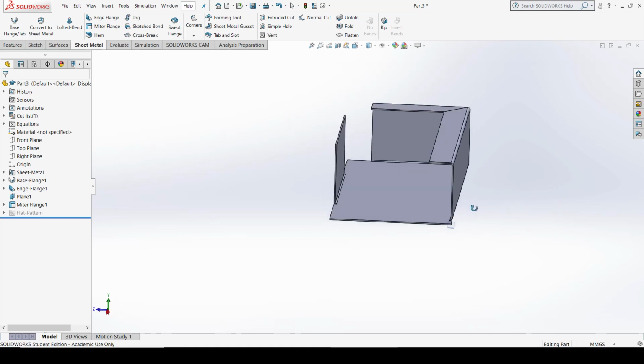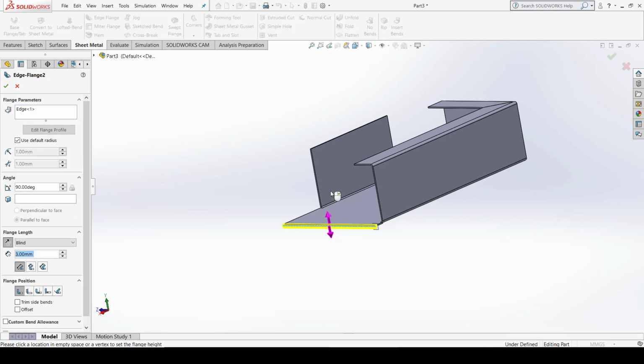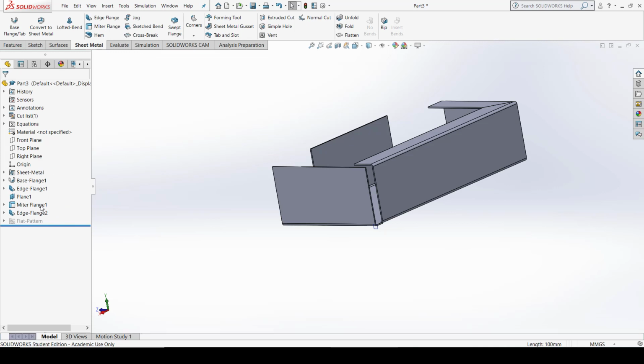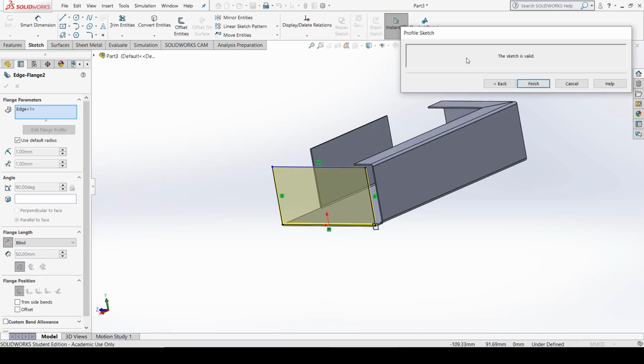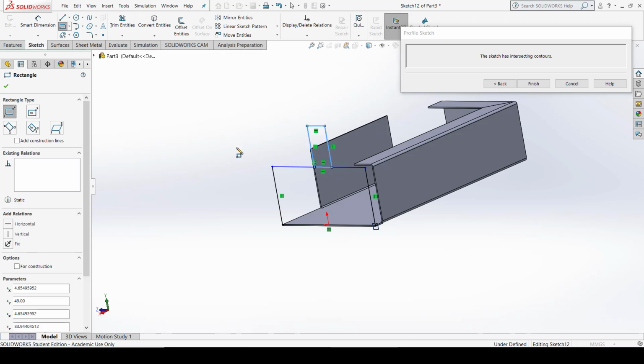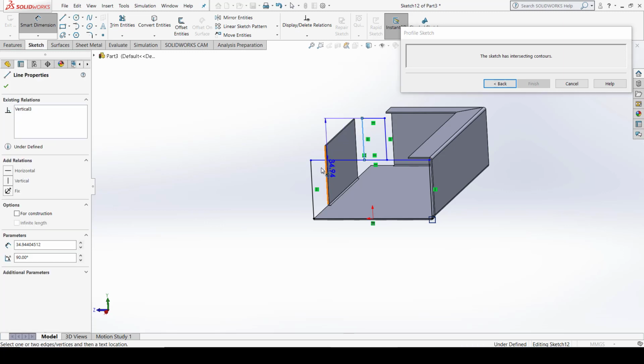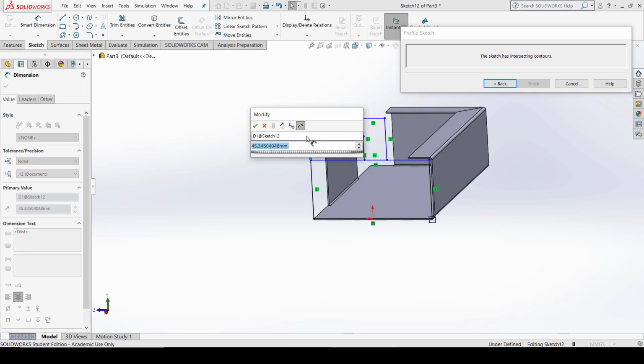Now comes the hem. Now hem can be applied. For that I first select the edge flange. I select this edge and give a distance of 50 millimeters. Now I go to edit features, edit the flange, and draw a corner rectangle on this. Fine, let me give certain distances. It should be 50.